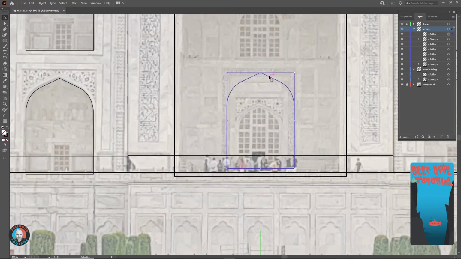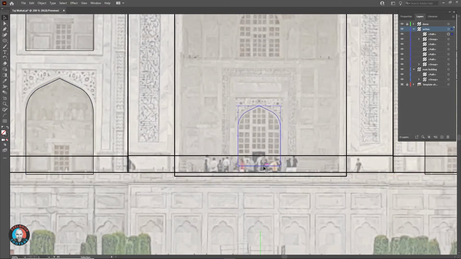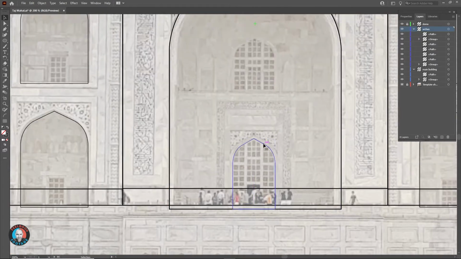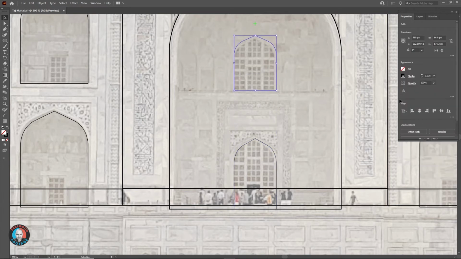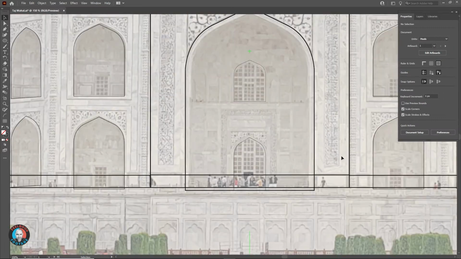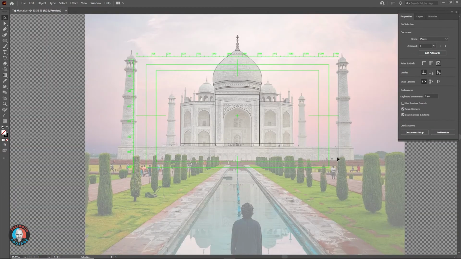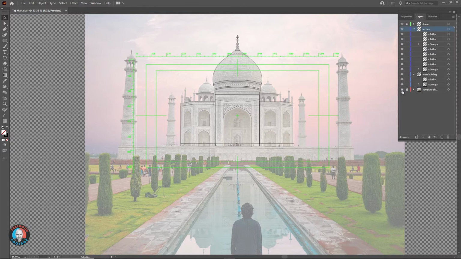Then for these little arch windows within the big arch, I'll adapt the arch shape we have already drawn. The good thing about this building is that there is a lot of repeated design which fosters its harmony. A quick peek at the drawing with the reference layer switched off.